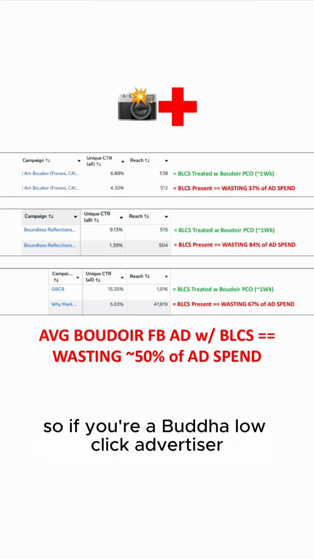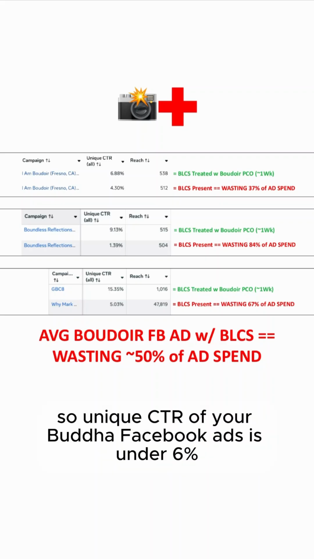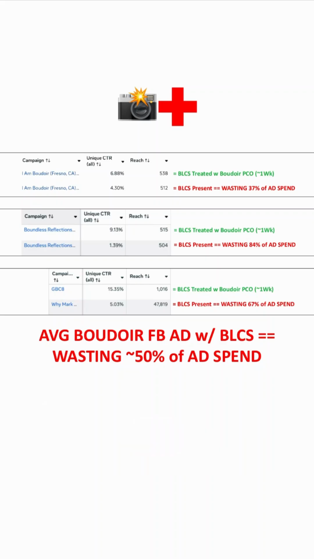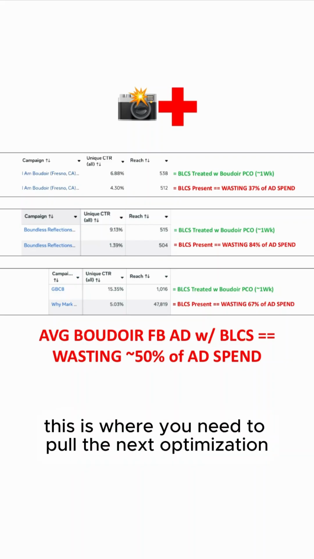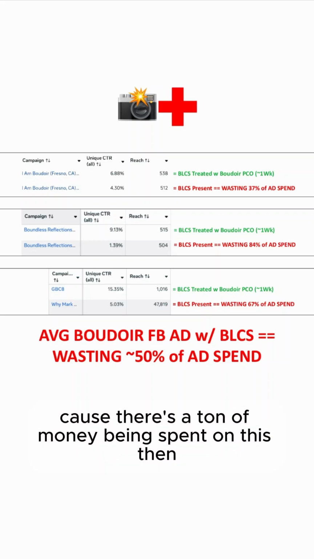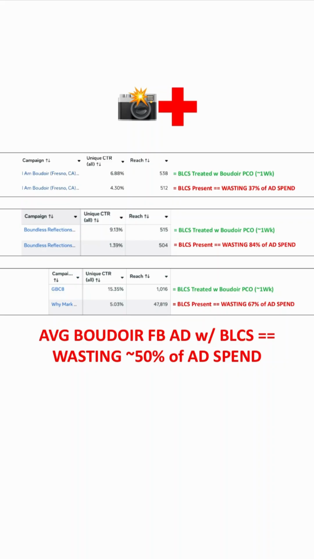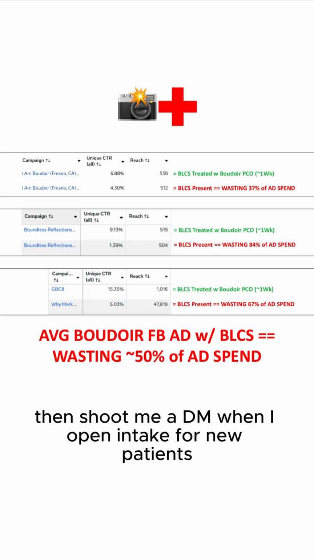So if you're a Boudoir low click advertiser, BLCA, with BLCS, so the unique CTR of your Boudoir Facebook ads is under 6%, and you're spending more than 10 grand a month on Boudoir Facebook ads, and you decided this is where you need to pull the next optimization, the next profit out of the business, because you've done other spots of your business, but you're ready to do it now for your Boudoir Facebook ads because there's a ton of money being spent on this, and you want to be on your journey to become number one boudoir photographer in your city, then shoot me a DM